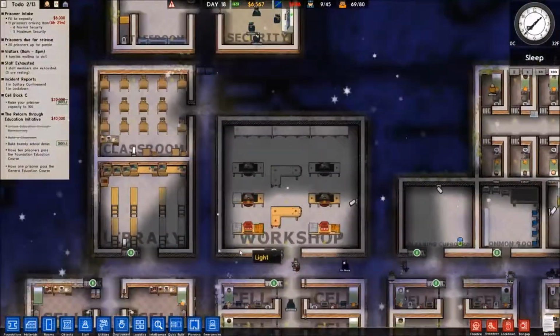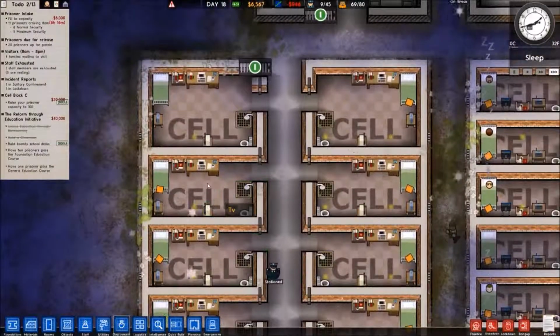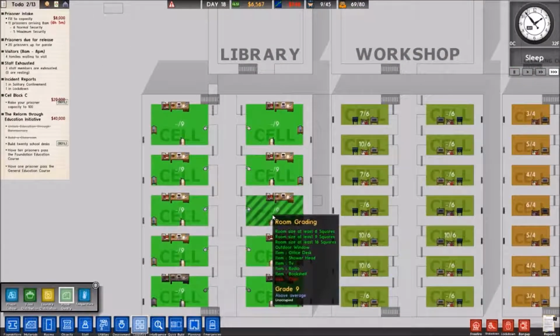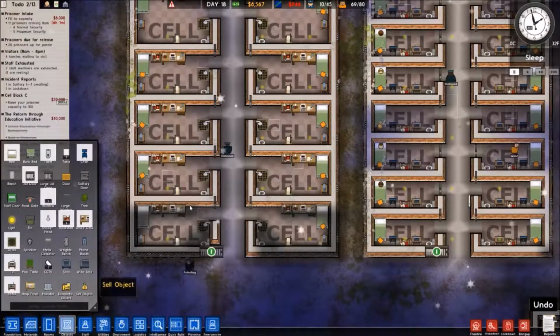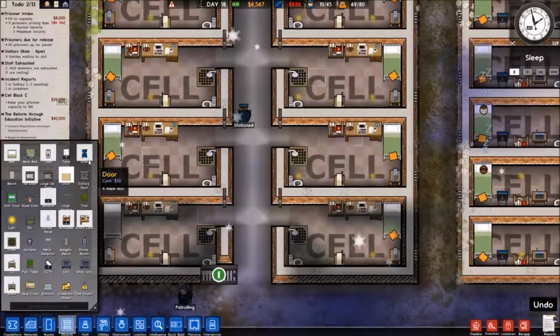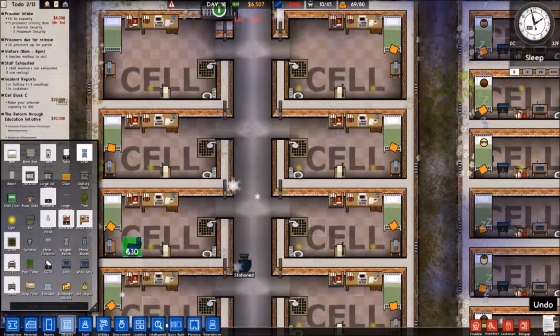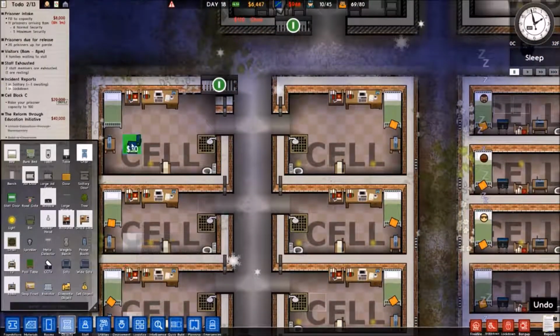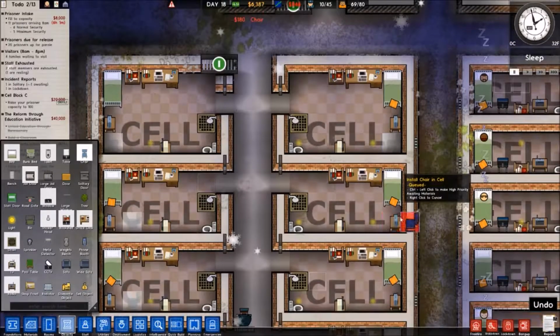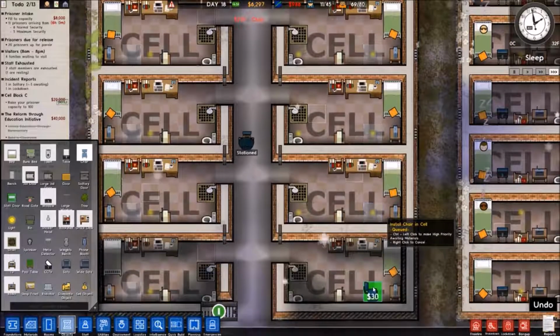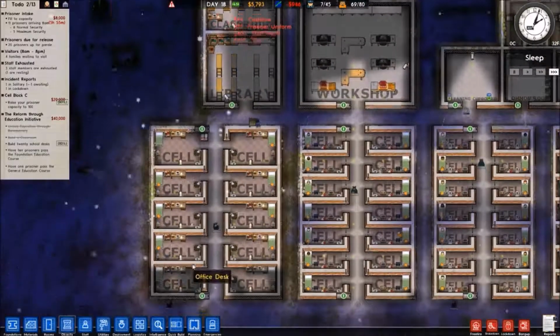There's a bunch of license plates done there, and it looks like all the cells are just about ready. Let's check the room quality. They don't have chairs. That's the one thing I forgot. I forgot chairs. Don't worry, kids, they'll get a chair. They'll get one right next to the radio so they can sit in front of their radio and just chill out. And the ones in the big rooms get to sit next to it instead of in front of it, because they're cool.